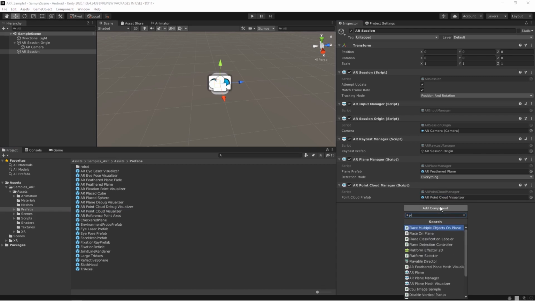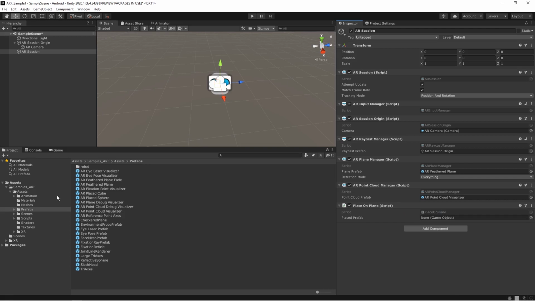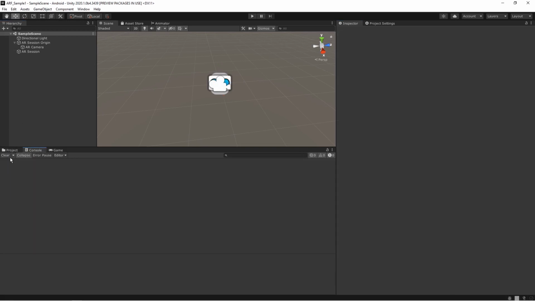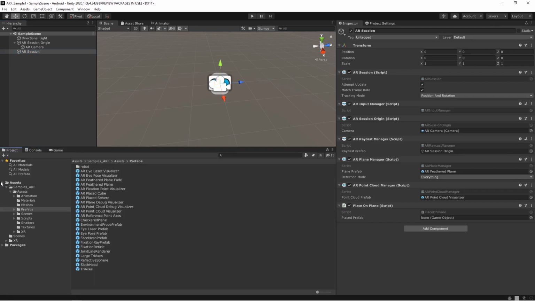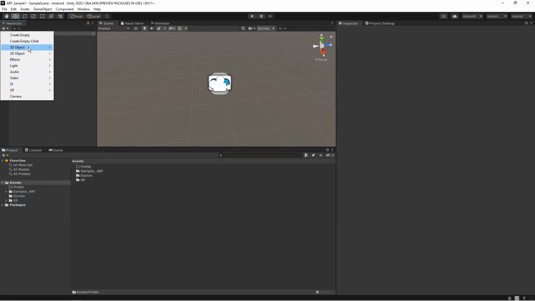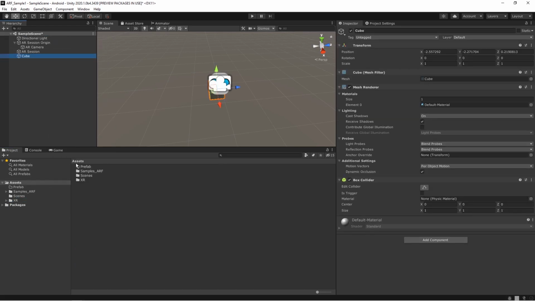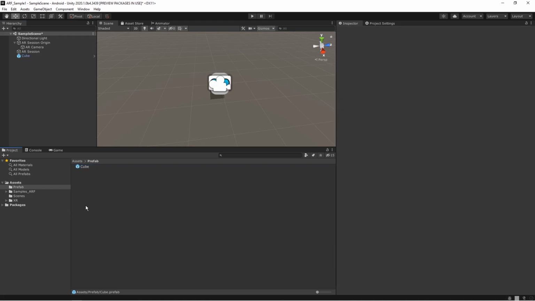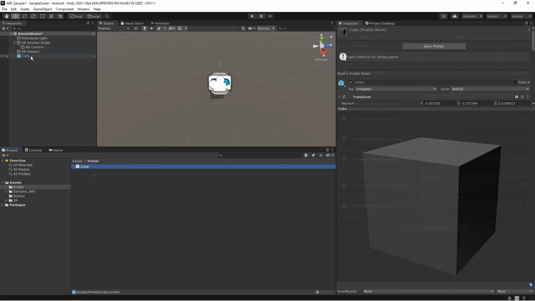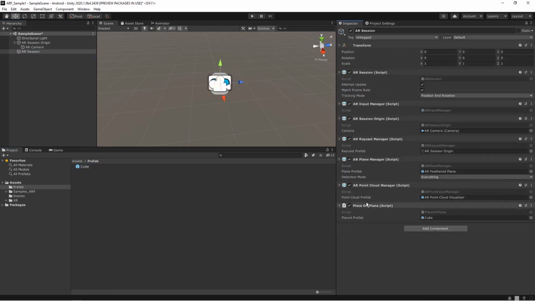Now, for placing an object, you can add a script called Place On Plane, which will actually do the raycasting, and once you tap on top of that, it will place the prefab, whatever you attach here. If you want, you can create a cube, create a prefab out of that cube, and use that and build it. So that will be perfect. But now I'll be using a Ganesha object. So let's do that.